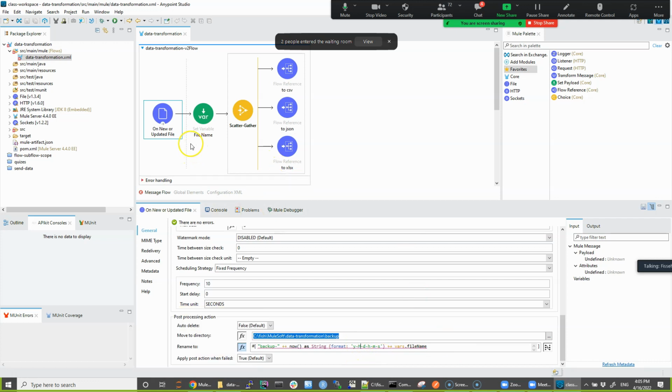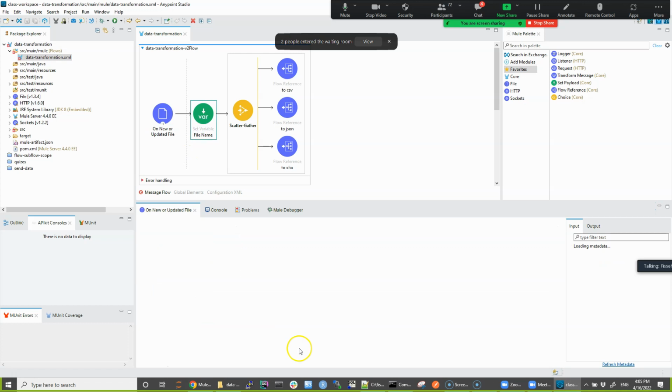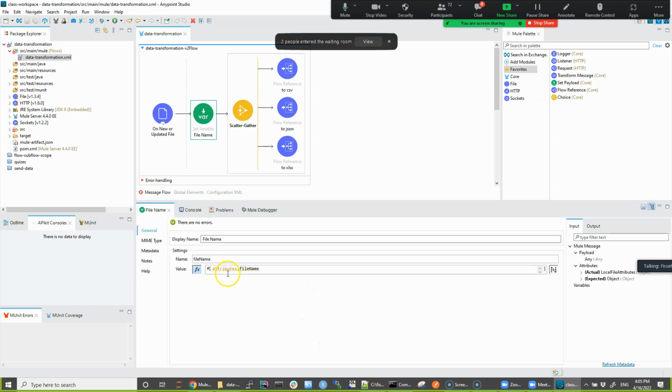And the other thing we said is, when this trigger on new or updated file reads data from the input location, under the attributes, we can get the file name. We get it under attributes.fileName. However, after this scatter gather is processed, the attribute is lost. So to make sure we don't lose the file name, we created a variable here right away after the trigger, and we are saving it,